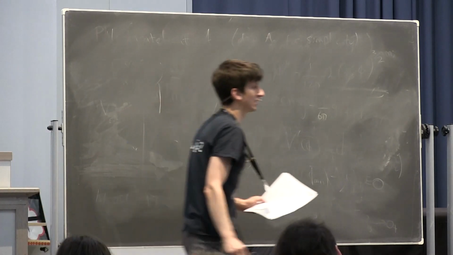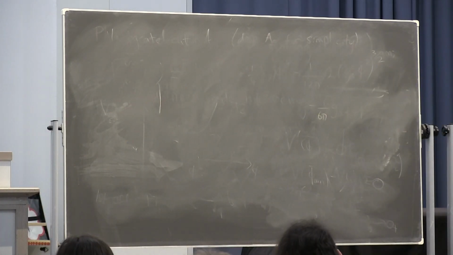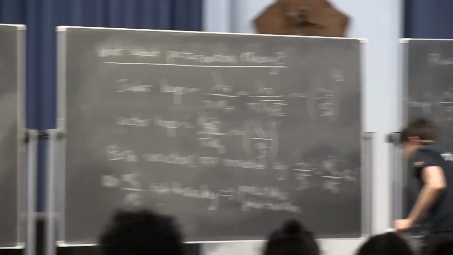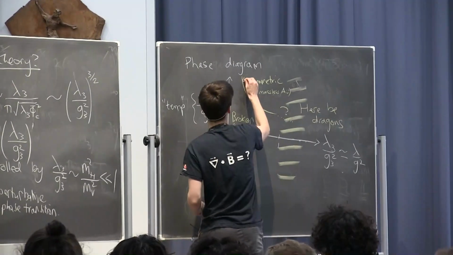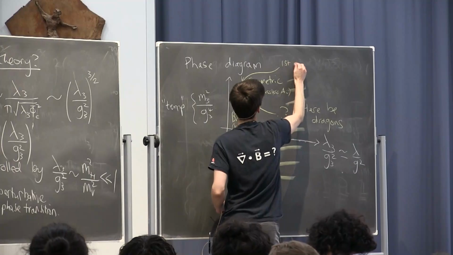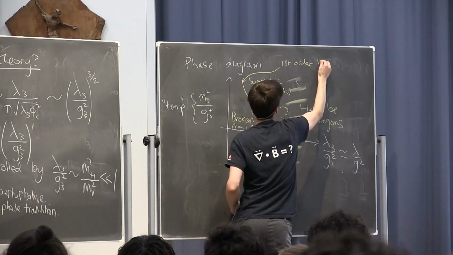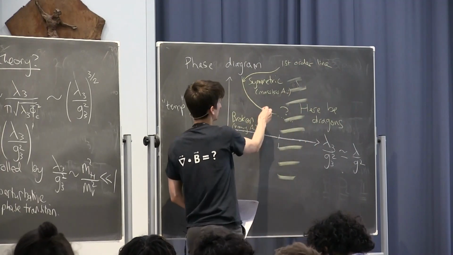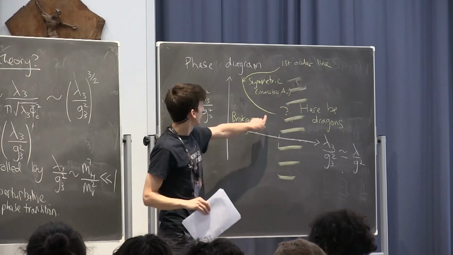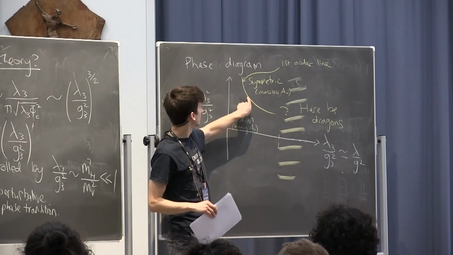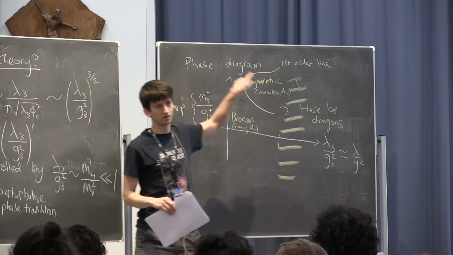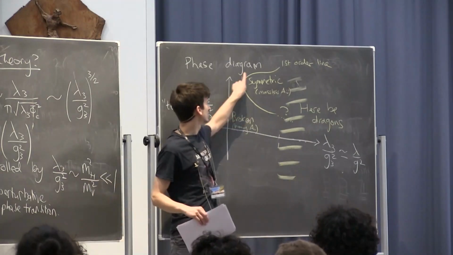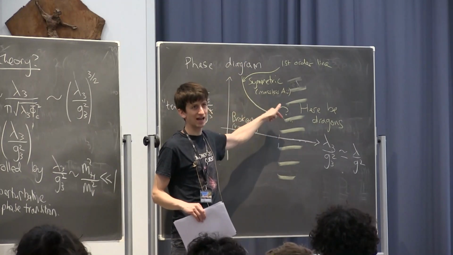Okay. So ideally, if we want to understand what's happening at the end of this line of first order phase transitions, so let me just say that it's first order, what's happening as we go this way, it would be good if we can find out what's happening at this point and this point and this point. But here it's perturbative, so we know what's happening. So if we start from the perturbative region and ask how things change,